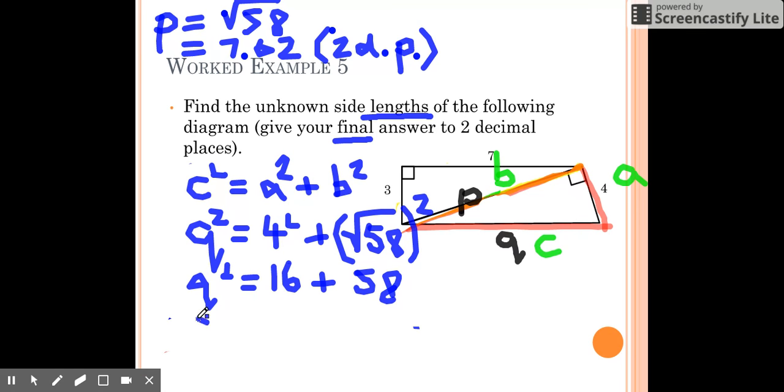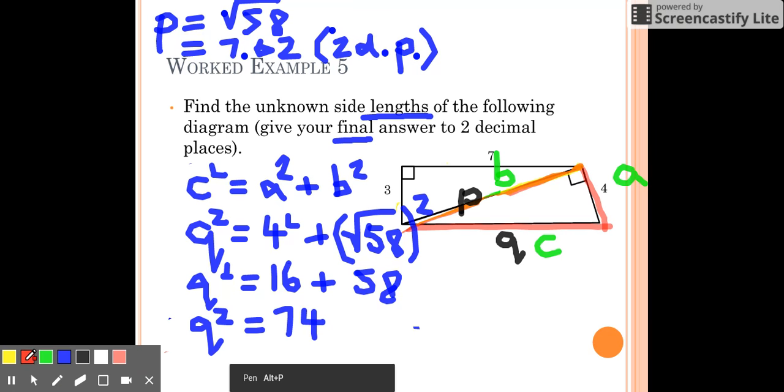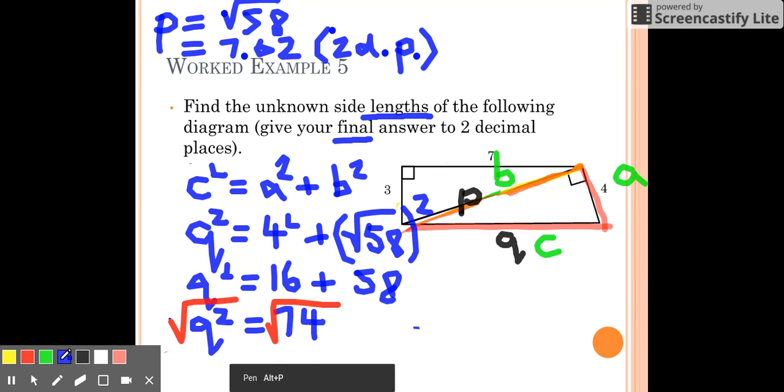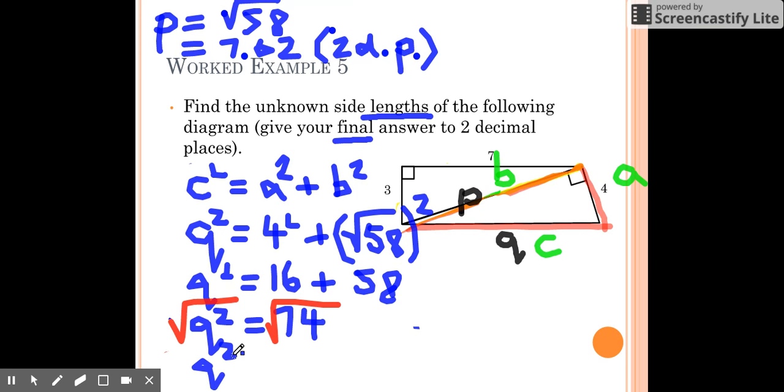16 plus 58 is 74. You can do it in your head. Now my final step, as per usual, is to square root. So square root this side, square root this side. Q squared square rooted gives me Q. The square root of 74, use your calculator,